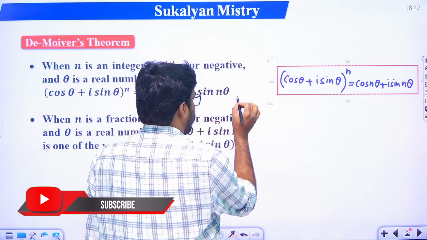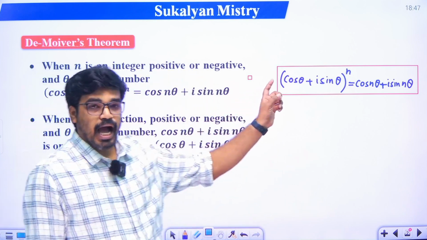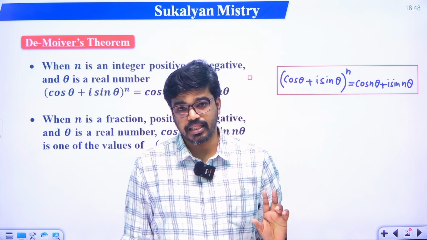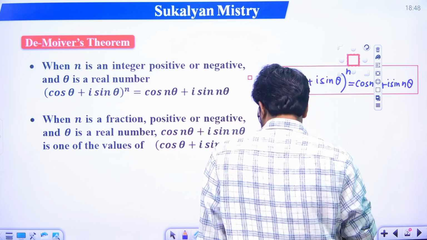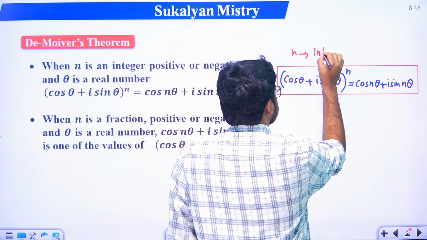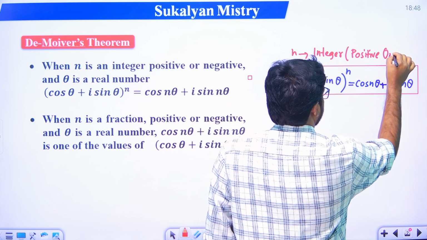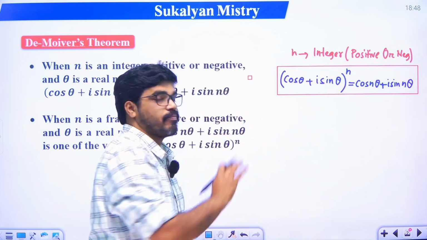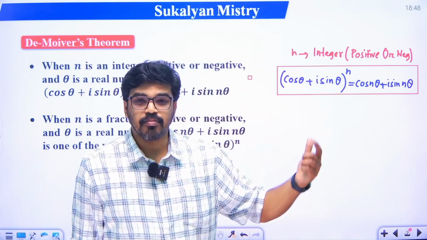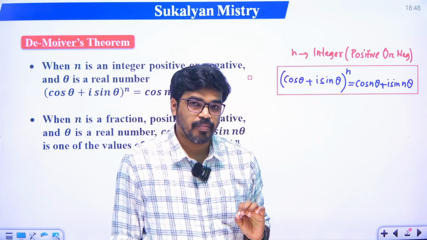So this is the first point, right? (cos theta plus i sin theta) to the power n will be cos n theta plus i sin n theta when n is an integer, either positive or negative, and theta is a real number. And the next point,